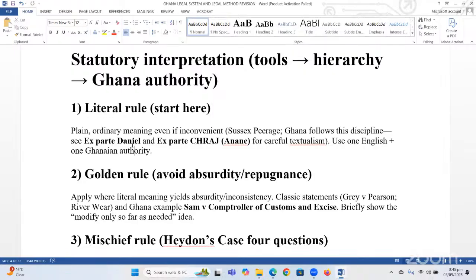So as you know, in cases like Ex parte Daniel, and then Ex parte CHRAJ, so many cases, the court will just go after the plain meaning, ordinary meaning, even if it's inconvenient. In other words, even if it's not the best outcome, so long as that's the ordinary meaning, that is what the court will go for. If you remember the case of Ex parte CHRAJ, Anani, the interested party, the case in which Dr. Anani had been charged with corruption and was being investigated by CHRAJ, and then CHRAJ made adverse findings. The matter went before the High Court, and eventually to the Supreme Court, which made the point that